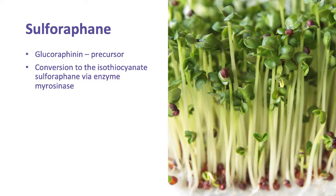So an important component is to potentially address GI health in a patient to ensure that they can create that conversion, and also consider the temperature at which cooking would occur, or combine both cooked sources of glucoraphanin with those that may be raw as well. So we'll talk about some sources. Clearly the ones that most everyone knows are things like broccoli and broccoli sprouts, but all cruciferous vegetables, mustard greens, turnip greens, kale, cauliflower, they all contain some of these precursors in glucoraphanin that eventually can give us this